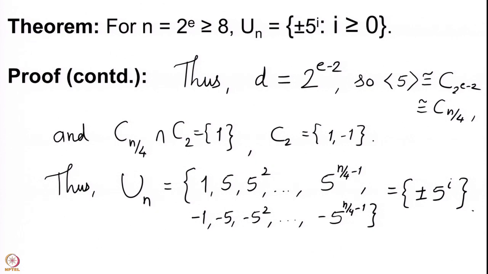So, we have now determined the structure of UN when n is a prime power. If the prime happens to be an odd prime, then UN is a cyclic group. If the prime happens to be equal to 2, then U2 is trivial, U4 is cyclic of order 2, and 8 onwards UN is C2 cross a cyclic subgroup of the correct order. This tells us everything about U p power e. It gives us the structure completely.